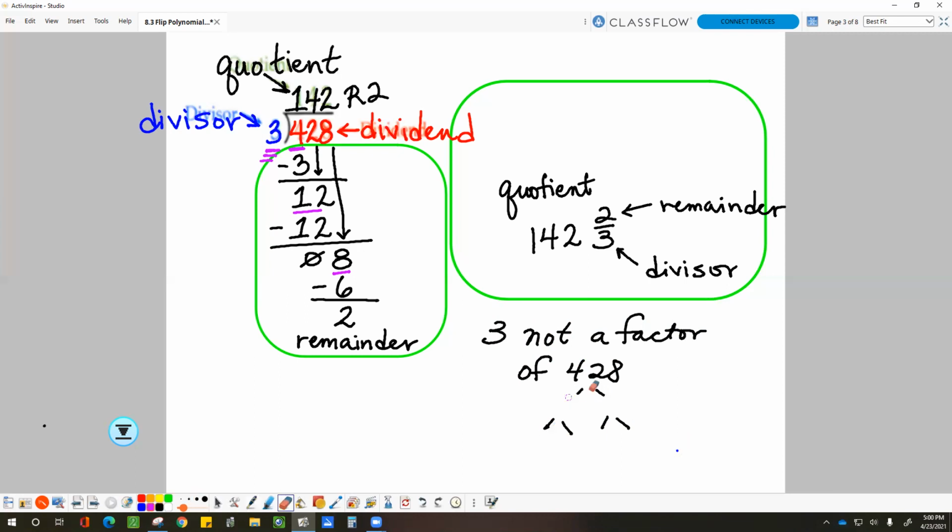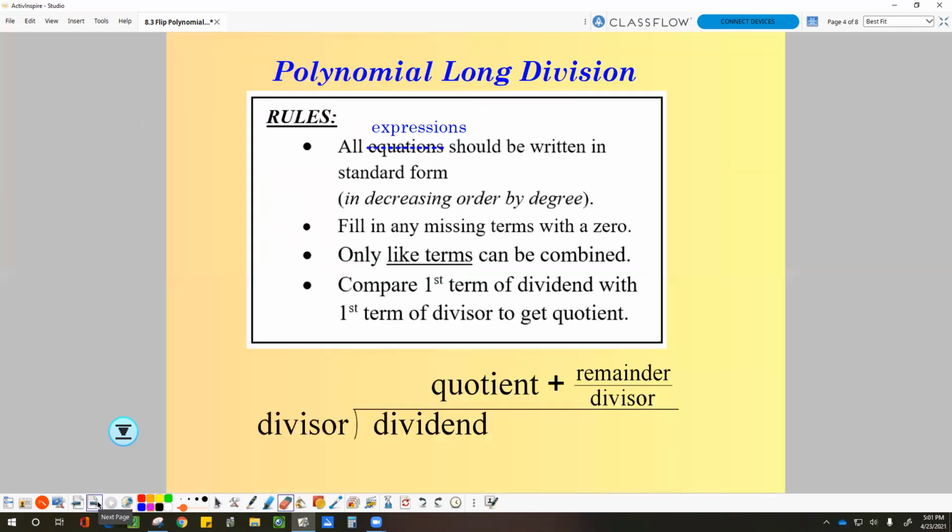Okay. Next, I have some steps, some rules for you for dividing here. For polynomial long division, my rules are all expressions should be written in standard form. That's in decreasing order by degree. For example, if I have, oops,